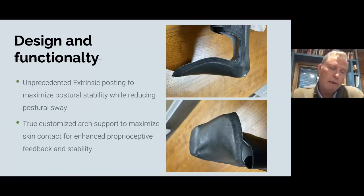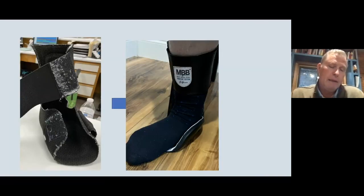And so that's why it's really important you put this in a shoe with a good heel counter. And again, as I mentioned before, we've moved to an all leather product. When you look at the picture to your left, we don't have that anymore. I'm really pleased to say that we don't have all the Velcro, the tethering and the shredding. And so we've moved to a beautiful all leather design, in addition to all the other features that we mentioned,